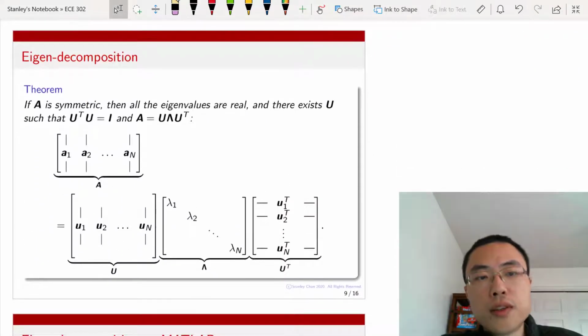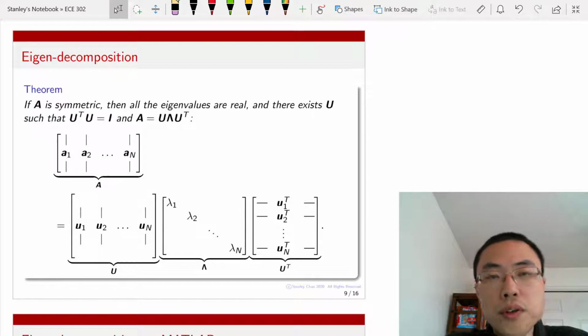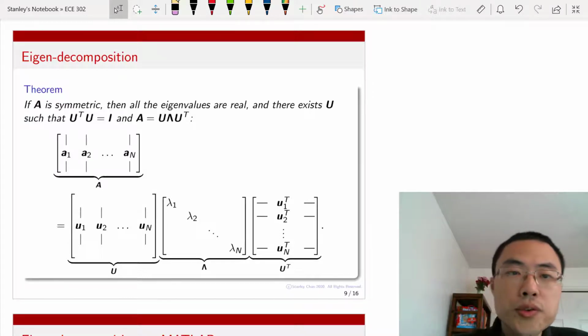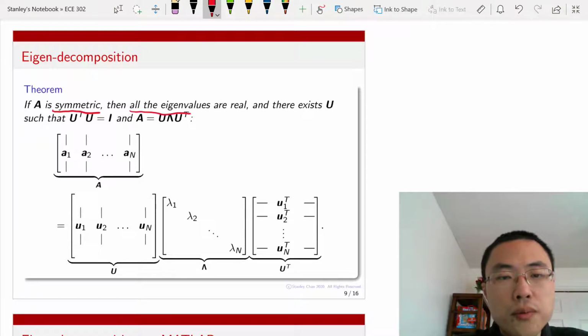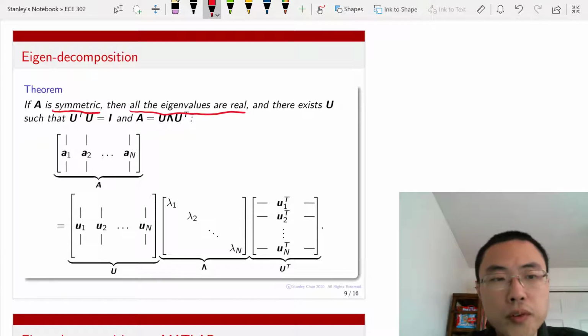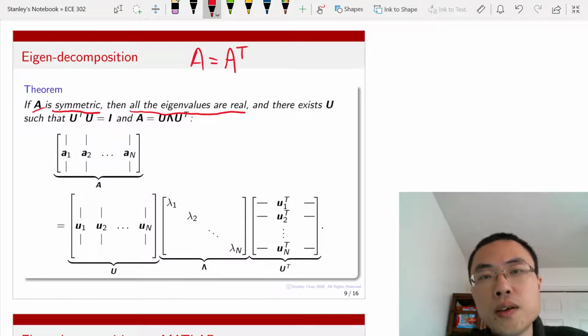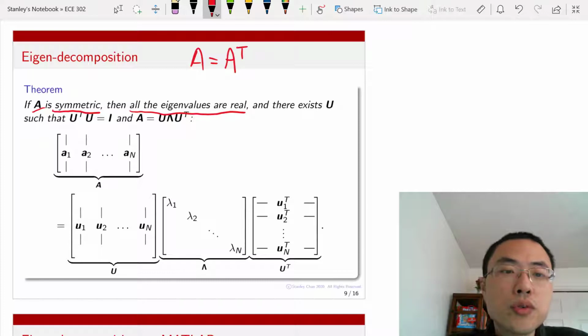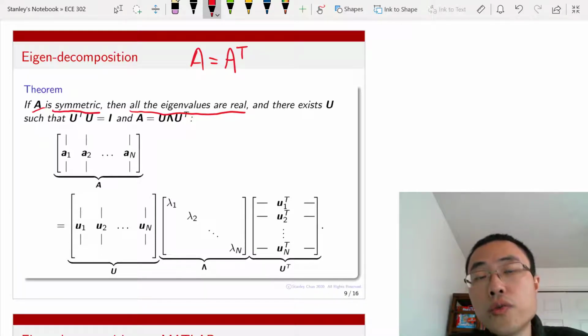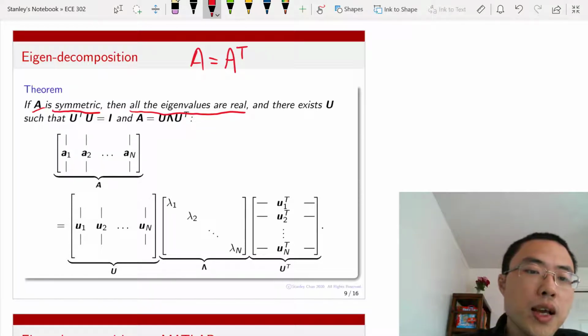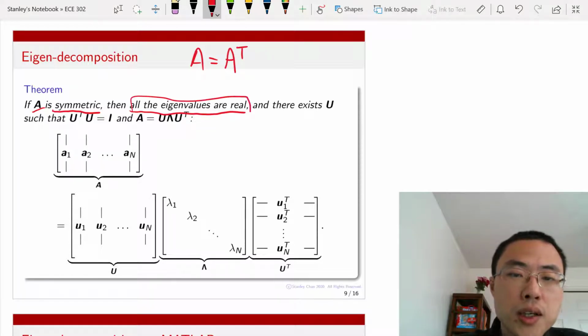A very fundamental theorem for this eigen decomposition is given as follows. If A is symmetric, then all the eigenvalues are real. What do I mean by symmetric? Symmetric means that A equals A transpose. You flip the matrix over, you still get the same matrix, which is true for all covariance matrices. In that case, all the eigenvalues are real, and then there